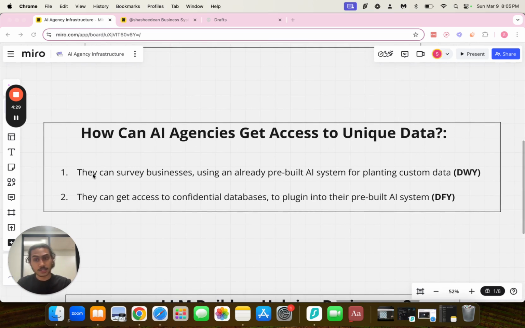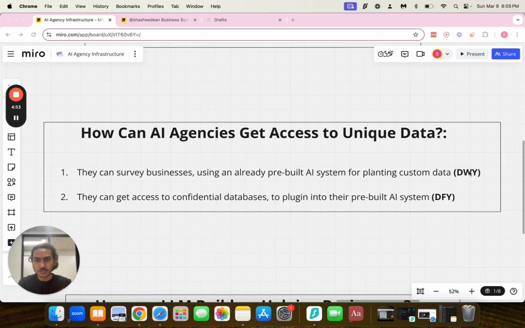So number one, they can survey businesses using an already pre-built AI system for planting custom data. So this is a little confusing. So you're the one with the pre-built AI system. And what you're doing with these businesses is you're surveying them to implement into your pre-built AI system. So this is a done with you,